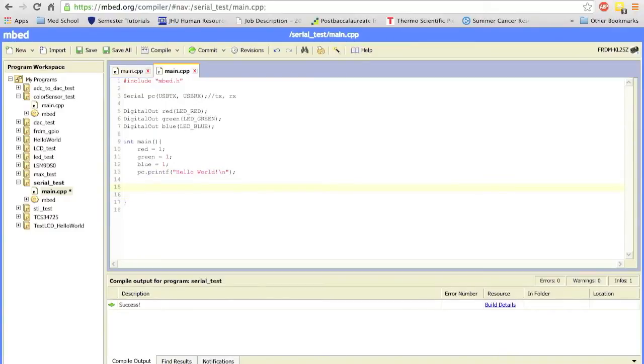Okay, so it's going to print out hello world, and then we're going to go ahead and make a while loop. So what the microcontroller is going to do, it's going to continuously check to see if there's actually something to read, and it's going to interpret whatever we wrote into it, and turn things on or off. So I'm going to go ahead and make a while loop. So while true,